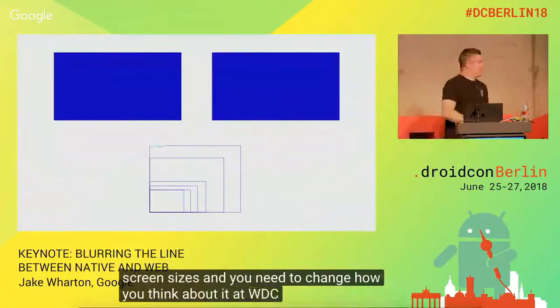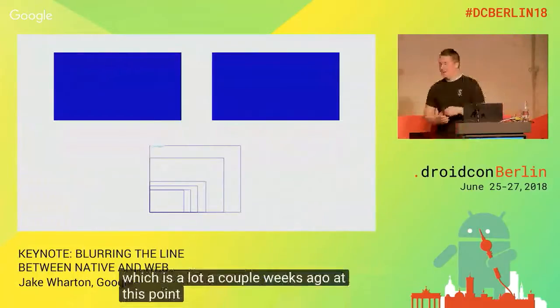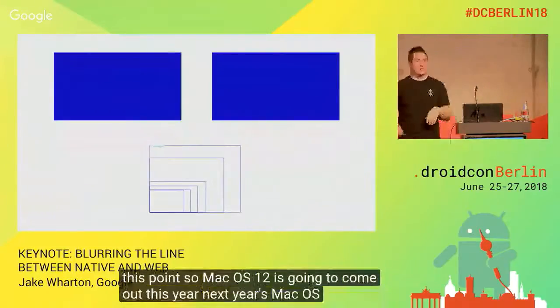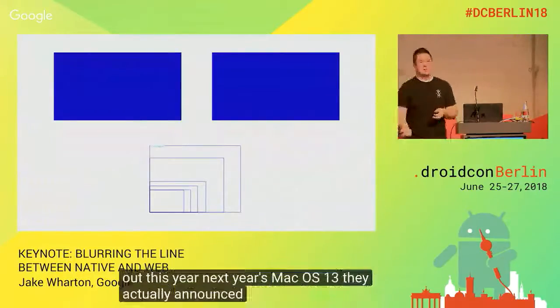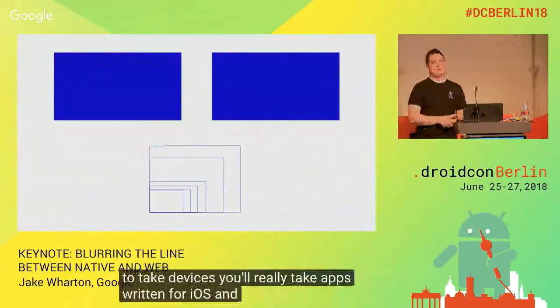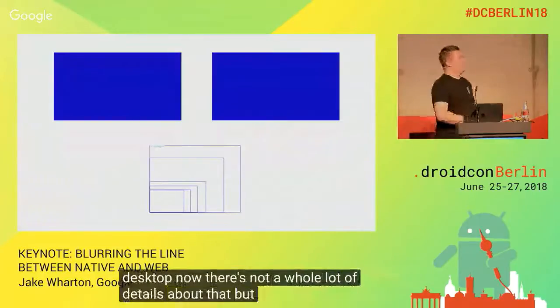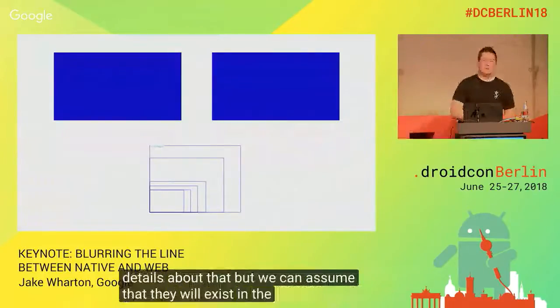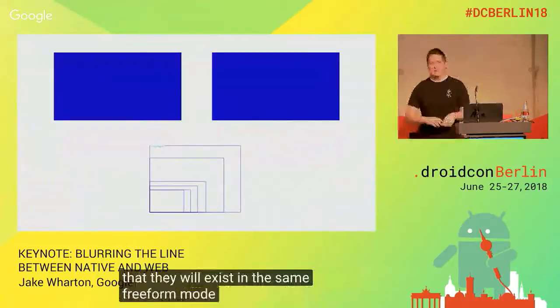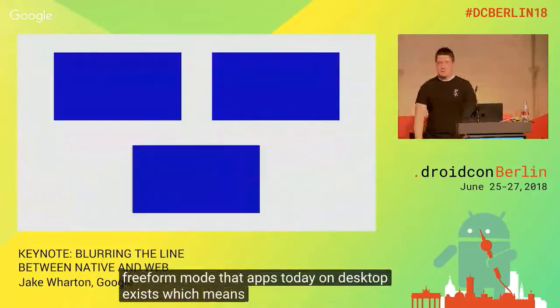At WWDC this year, which was a couple weeks ago at this point, macOS 12 is going to come out this year, and next year is macOS 13. They actually announced that you'll be able to take apps written for iOS and run them on the desktop now. Now, there's not a whole lot of details about that, but we can assume that they will exist in the same free-form mode that apps today on desktop exist, which means in about a year, iOS is going to have